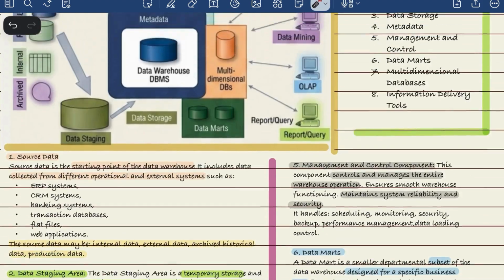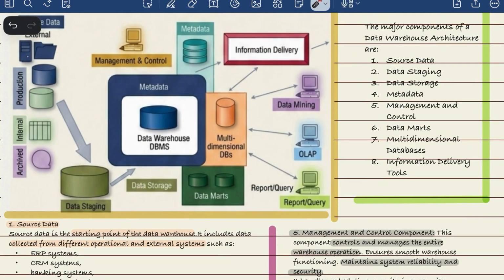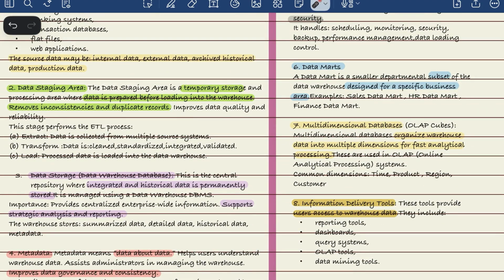Then comes the multi-dimensional data. You see in the orange there is multi-dimensional data. So multi-dimensional data is where we are organizing the data into a 3D shape, for ultra fast slicing. So we are creating cubes over here. You see cubes, it is a 3D shape, right?